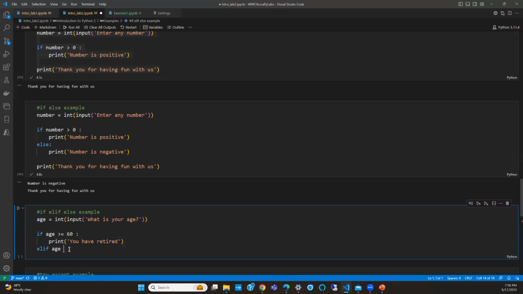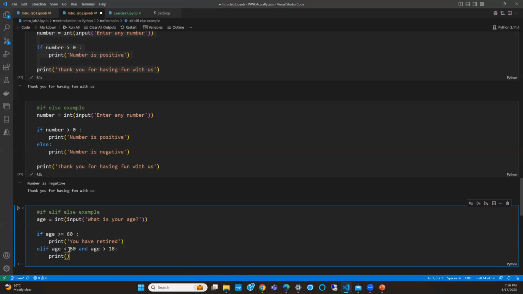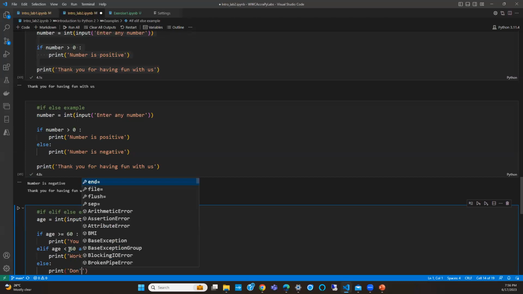So we say elif age less than 60 and age greater than 18 or something, we'll print, hey, working class. Then finally else we print maybe going to become an adult.